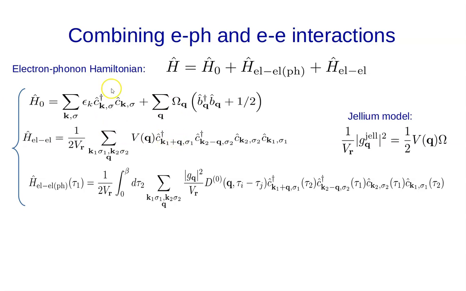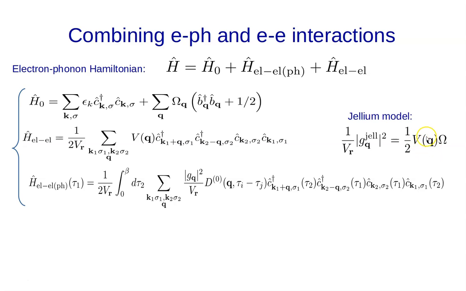And here and throughout this lecture, we're going to consider the Jellium model, where the coupling constant for the electron-phonon interaction depends on the momentum only via the momentum of the electron-electron, the Coulomb interaction. This is actually not electron-electron, but electron-ion core interaction, but it's still the bare Coulomb interaction here,